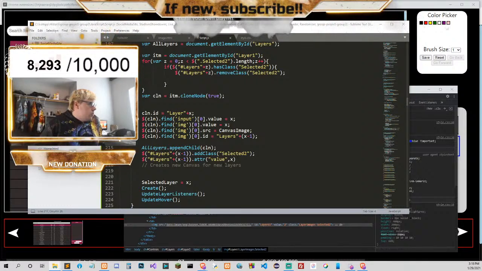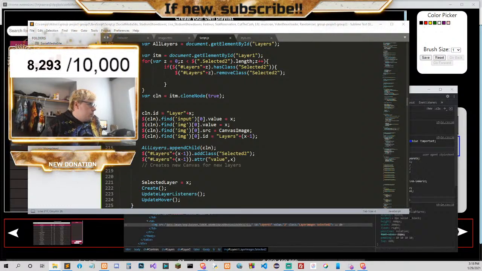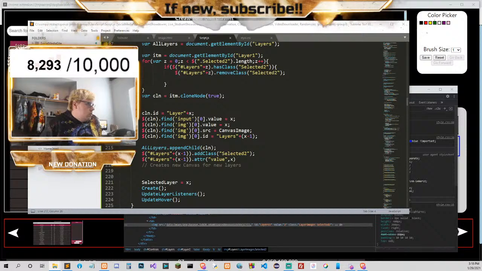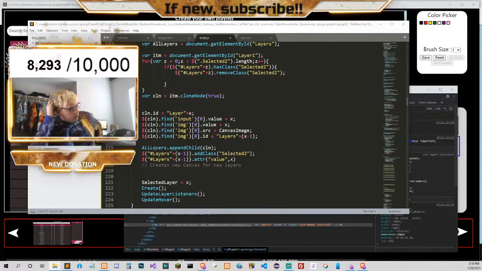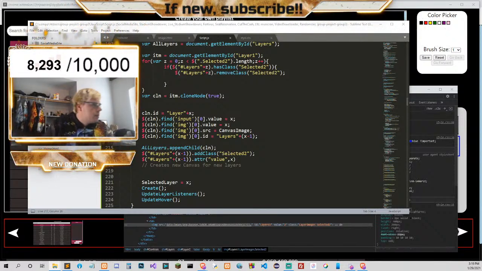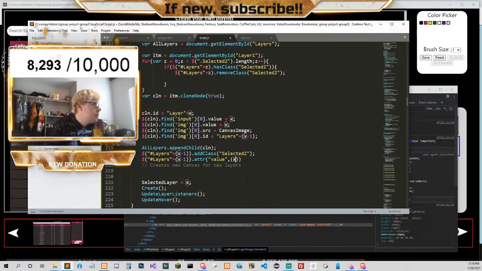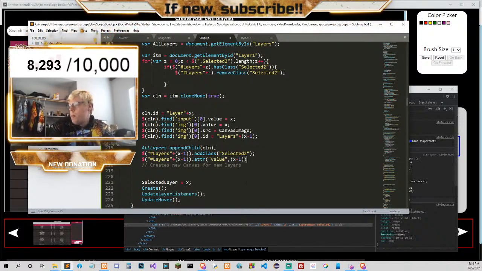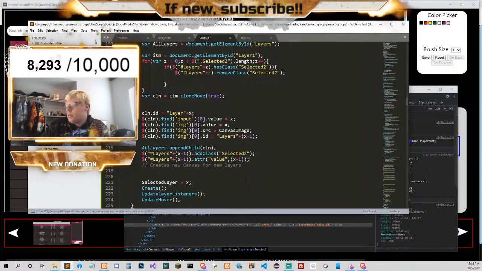So I think we do this attribute value dot x, which is x minus 1, because x is the next number. We start at 0, so I think this has got to be also x minus 1. So like that.